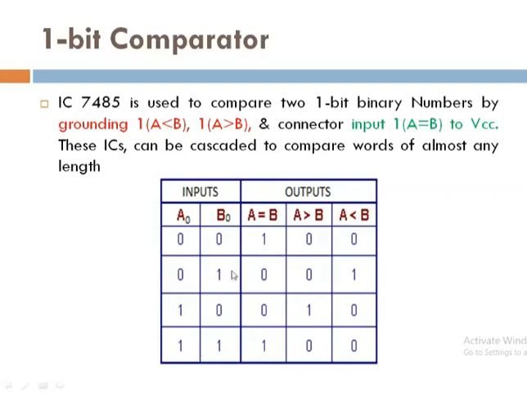Now the last one. Here we are considering only 1 bit each of A and B, so we have only 4 combinations. The last combination is 1 1. So A is again 1 and B is again 1. So A is equal to B. This output line will be high, and the remaining two output lines will be 0. Now we have designed this truth table. The next step for the combinational circuit is the K-map, and from the K-map we calculate the reduced equations, and for those reduced equations we design the circuit diagram.